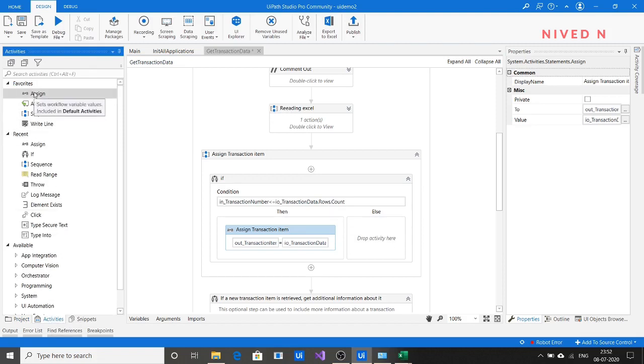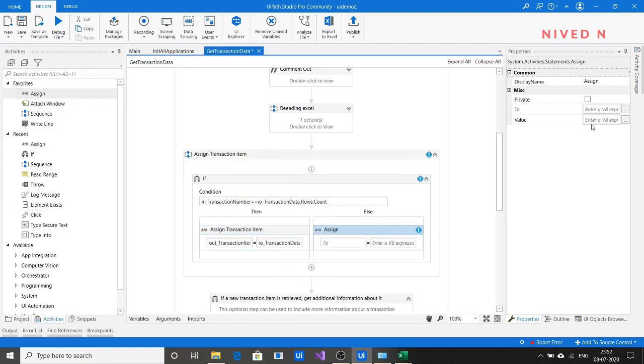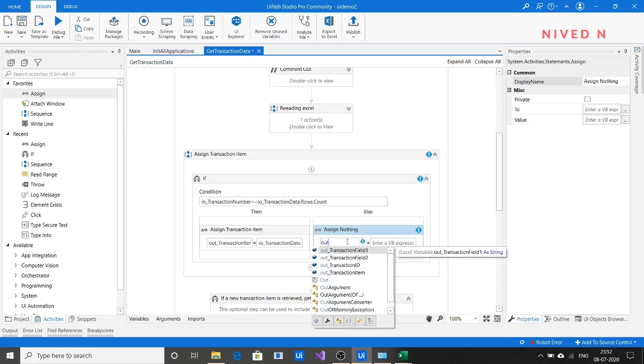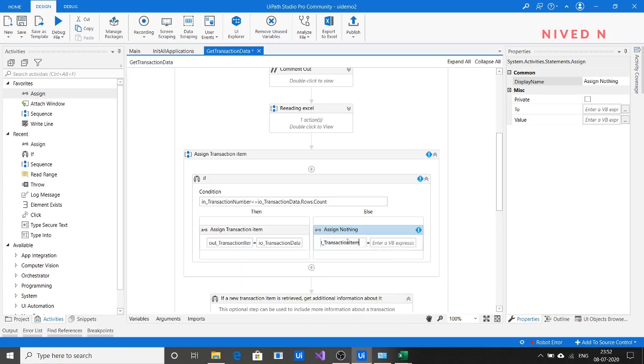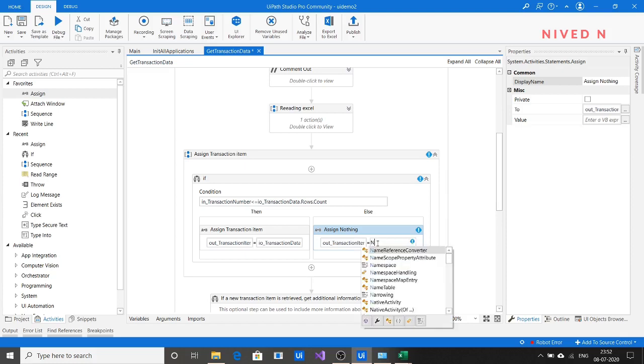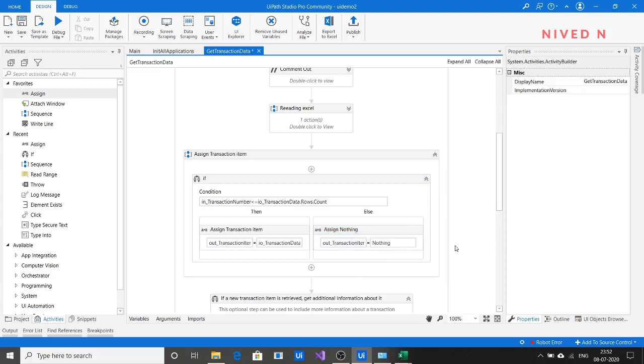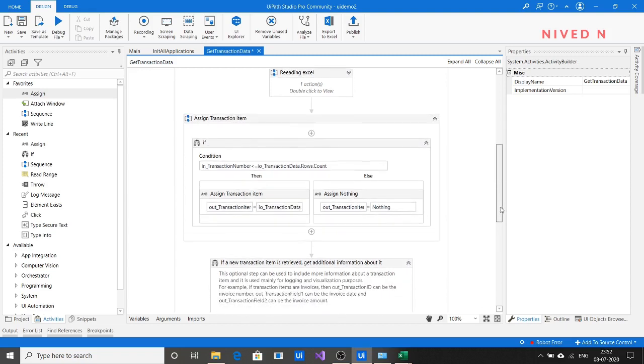So just assign our transaction item equal to nothing. Okay, now it's okay. We have assigned nothing here.